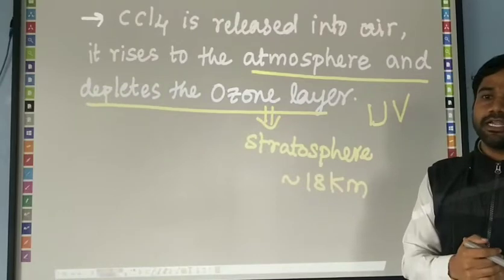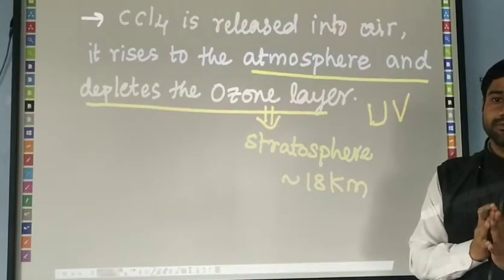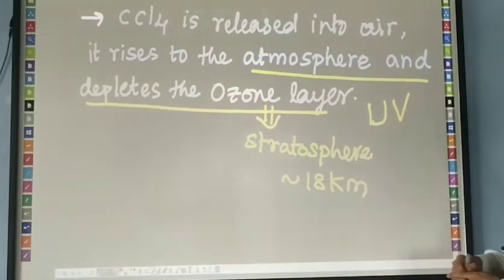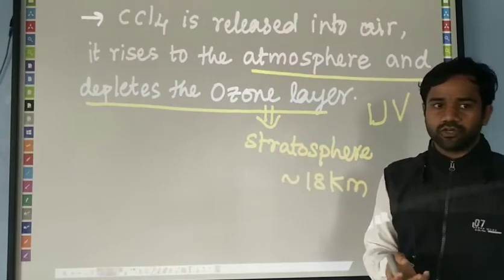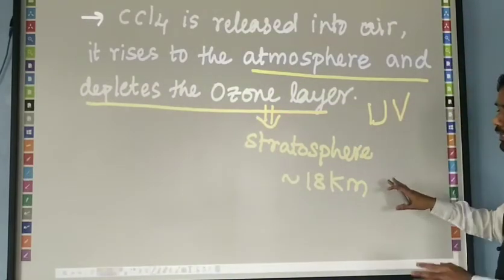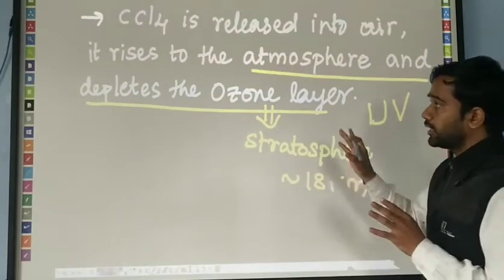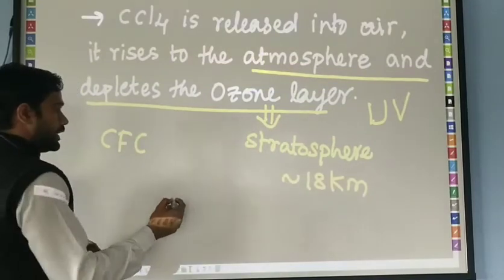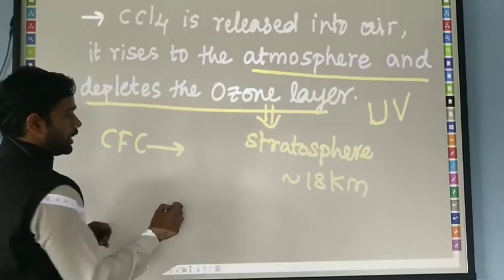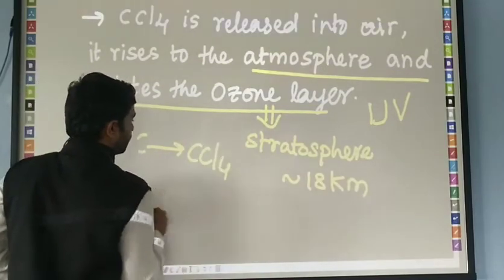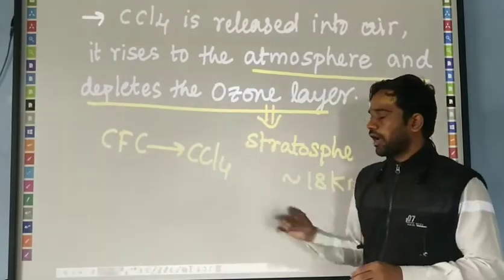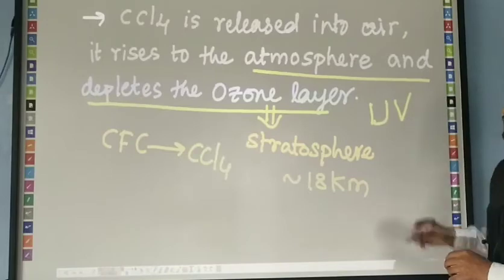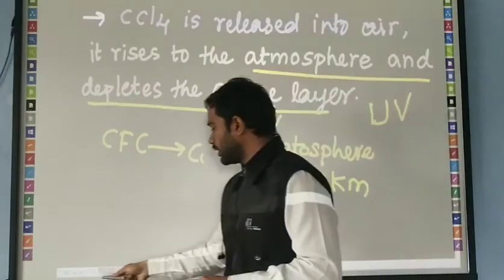The UV radiations are extremely hazardous for the human population and for plants also. That's why, to safeguard the earth, the ozone layer is present, naturally made. That's why it protects the earth. The CFC, that means chlorofluorocarbon, is manufactured from the feedstock known as carbon tetrachloride. Okay, this is one of the dangerous compounds which deplete the ozone layer.